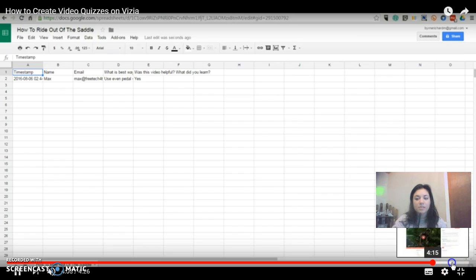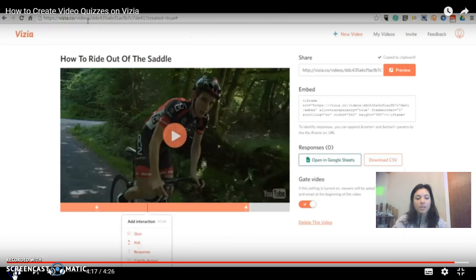All in all, I think that this app is really cool. I think especially in a language classroom, it would be neat to use because you can use your target language and play a video of them speaking in whichever language you teach and make sure that your students are comprehending and are at the level that you think that they should be. So I think that overall it's a very cool and interesting software to use that I've never really seen before. So I think it would be very cool to use it in the